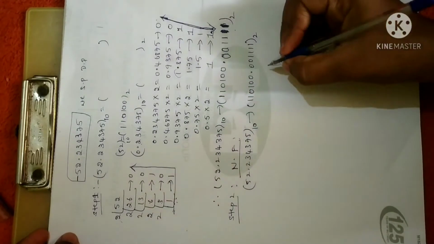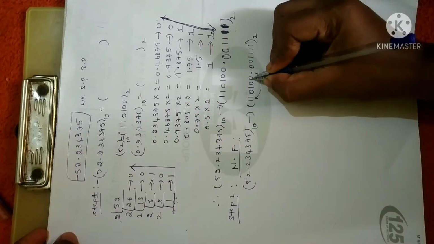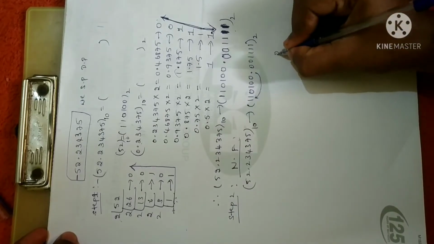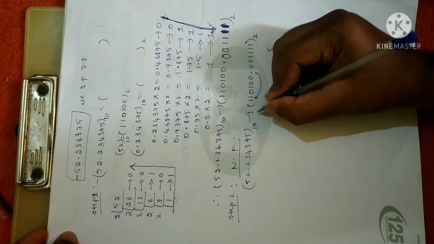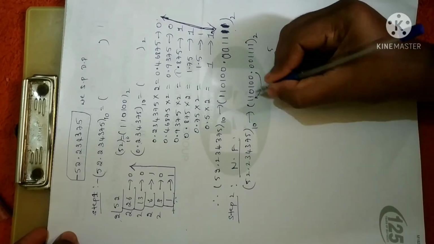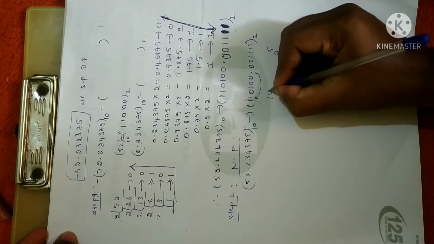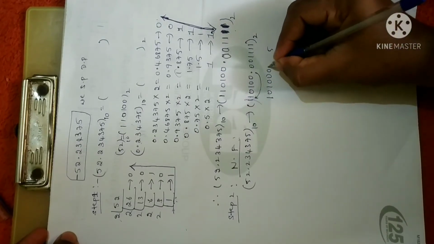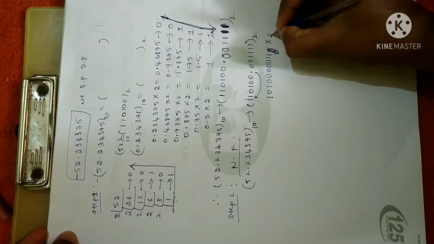Now, as per the normalization format, you have to shift the decimal point to the last most digit, that is 1.2345. So 2 power of 5 times I have shifted. Why? Because it is in binary format. Now, leaving the first number, you have to write the shifted digits; in the sense you should not write this digit, you have to write 10100, and combine this with 0041s into 2 power of 5 you have obtained.